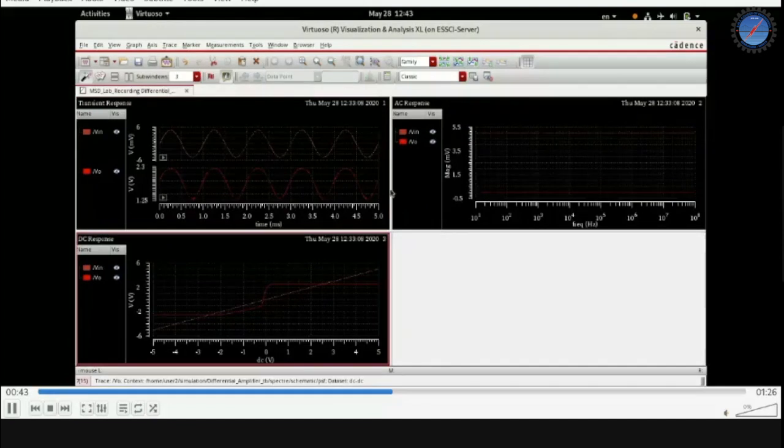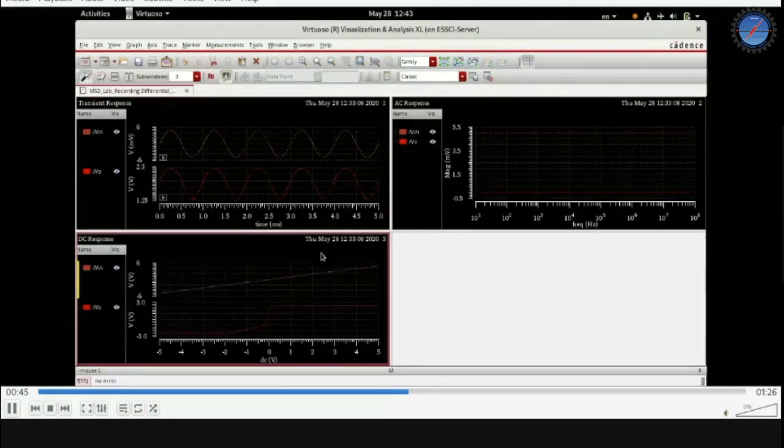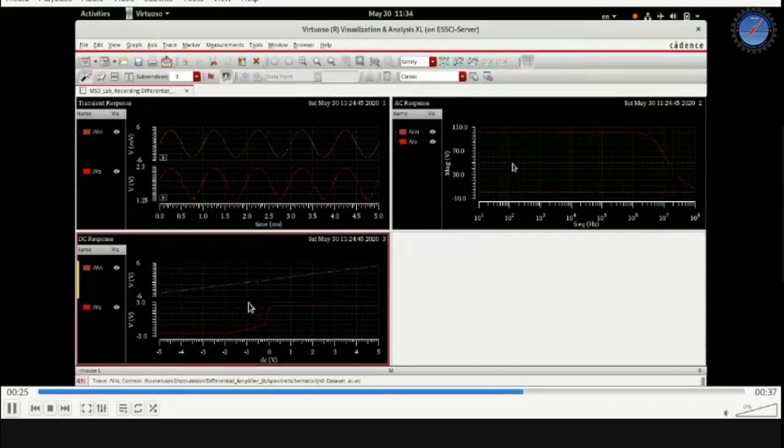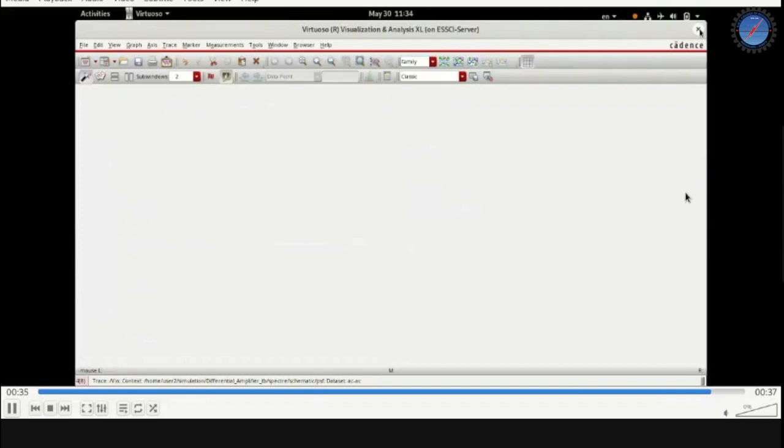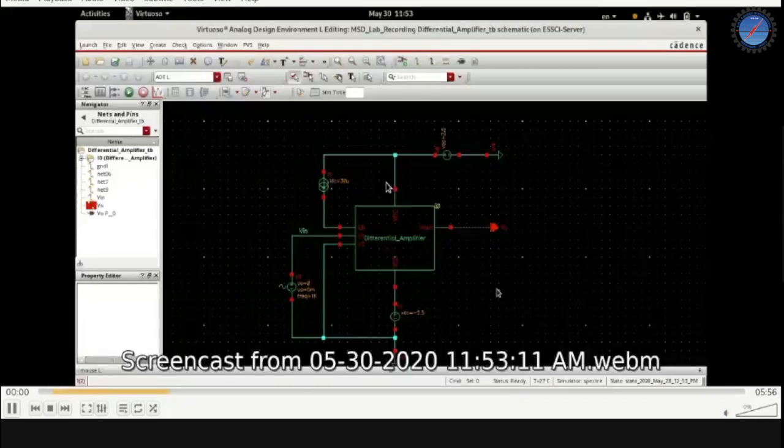Then you can see the DC analysis as well, right? The input is a straight line, varying from -5 volt to +5 volt, and you can see the output. It has got a limited range where it is linear, after which it is going to saturate to the power supply rails, namely +2.5, -2.5. And the AC response also has been now derived correctly, right? So you can see that roughly there is a gain of about 100, which is the output, and you can also see the tapering away. All right.